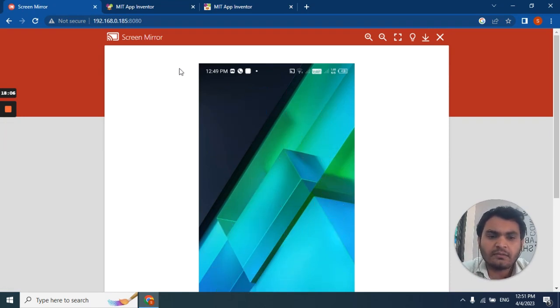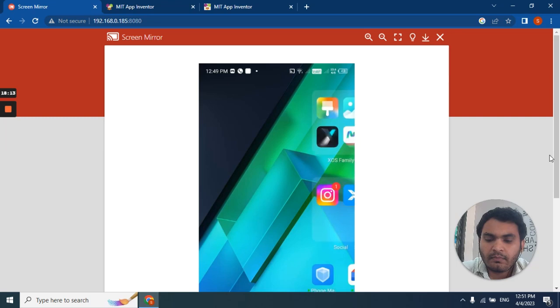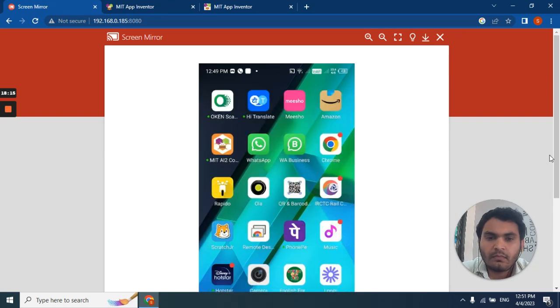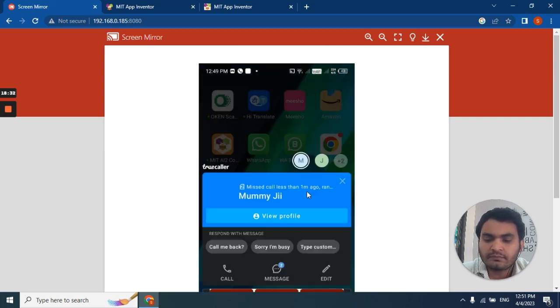Here you can see that there is an app, QR and barcode scanner. You need to download this app from the Play Store. What we need to do is open this app, QR and barcode scanner, to scan the code.